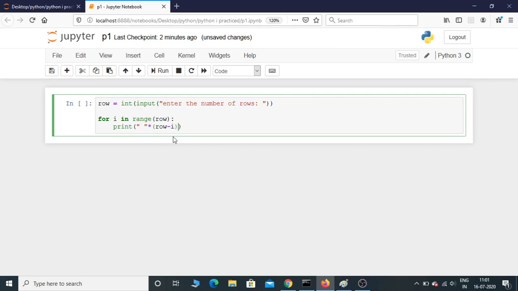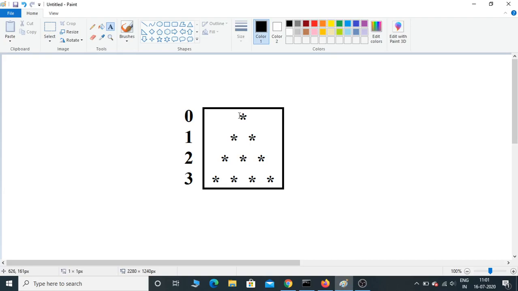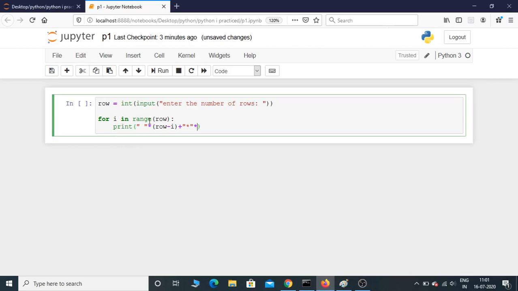Okay, now that's done. Now let's print star. So this is star, and here the second star is multiplication. So here at 0th row we need to print 1 star. At first row we need to print 2 stars, so that is i plus 1 times. So here I have already told you that range, if you don't give any initial value, it will always start from 0. Okay, so here i value is 0 initially, so we need to print i plus 1. Okay, coding part is over.